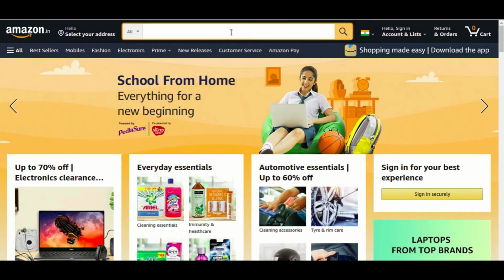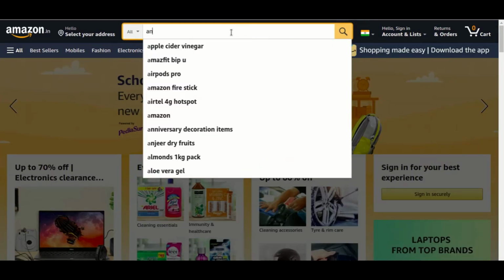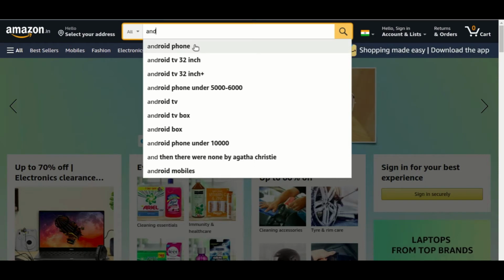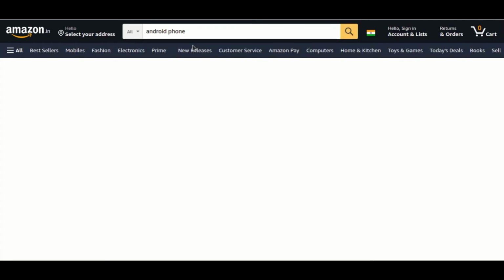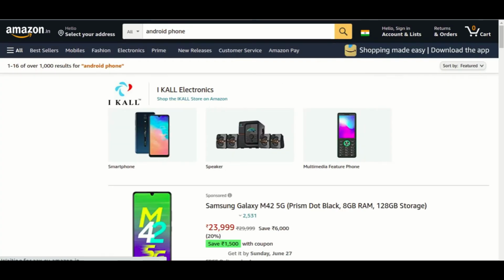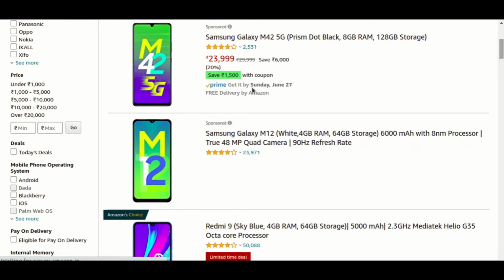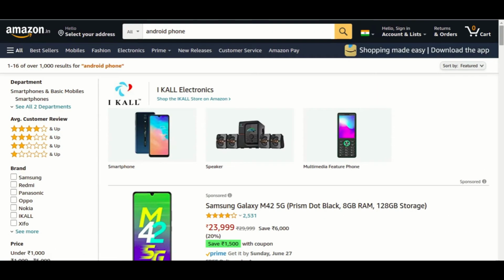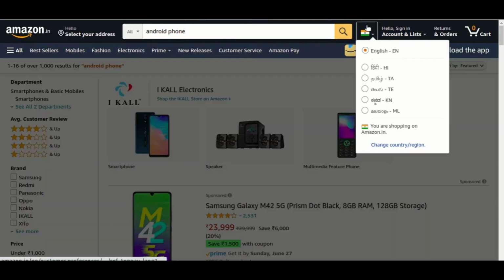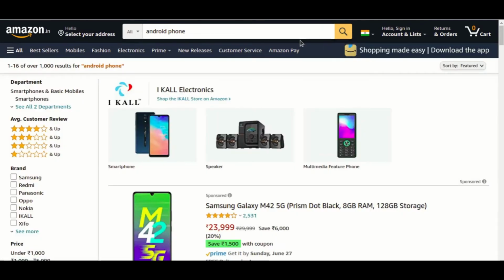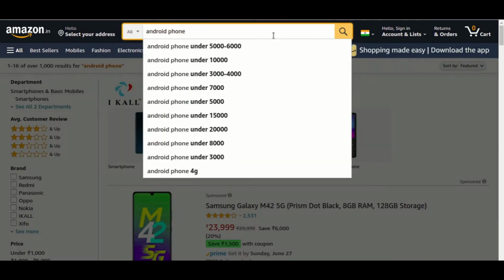At the same time, in Amazon, we are searching for Android mobiles. While searching, it will show the details about the Android mobiles, right? How we are sending a request, how we are getting a response, all this we will see in upcoming videos.